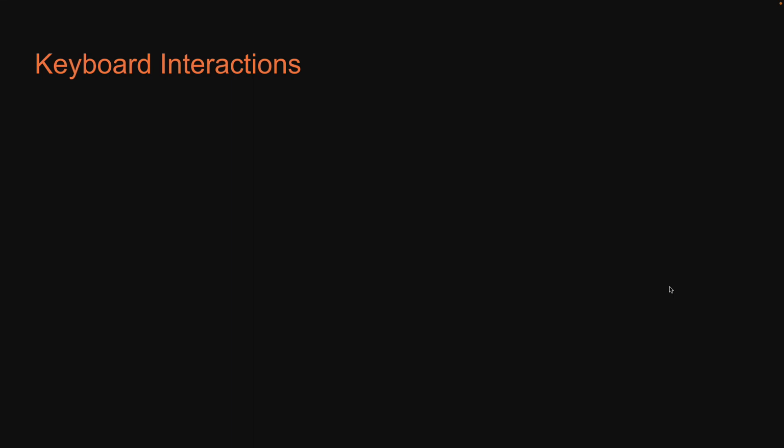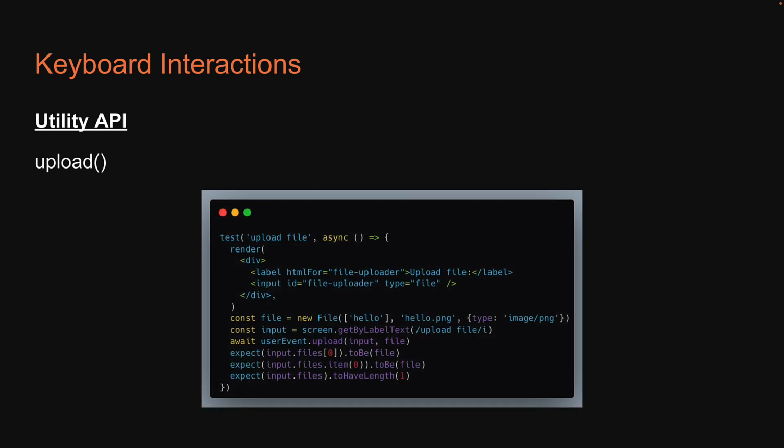The last utility API is upload, which is used to change a file input as if a user clicked it and selected files in the resulting file upload dialog. Here is an example test that performs file upload. Hopefully, the code to an extent is self-explanatory. My intention is to make you aware these APIs exist so you can come back to them when a need